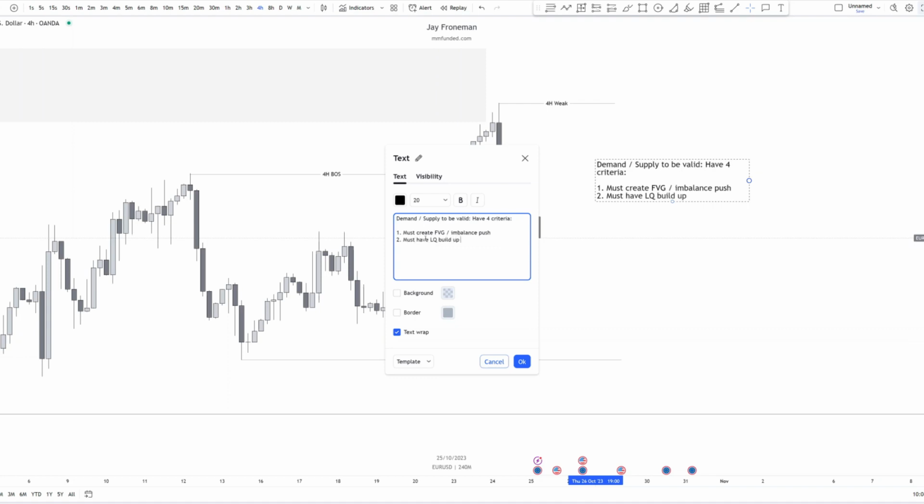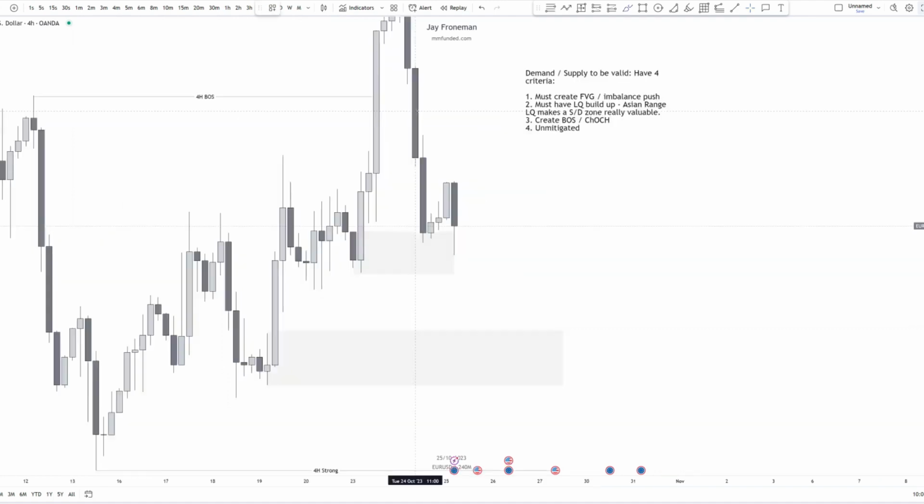And this is where the Asian liquidity system is going to come in handy. The Asian range LQ makes a supply or demand zone really valuable. And number 3, that supply or demand zone must create a break of structure or a change of character. And finally, number 4, that S&D zone must be unmitigated, meaning price must not have already pulled back and tapped